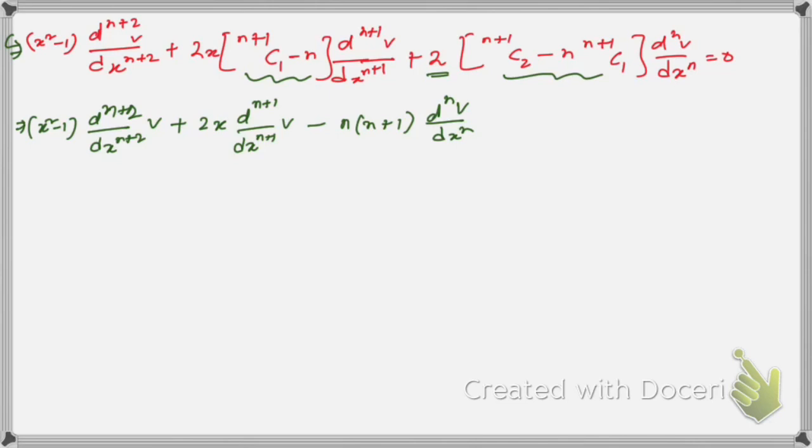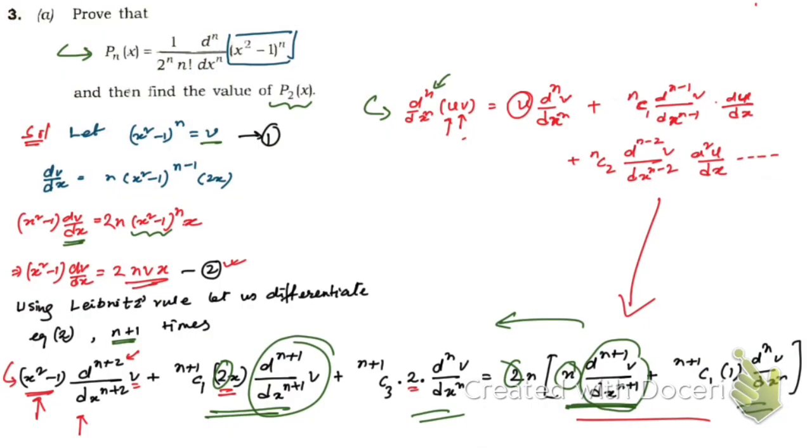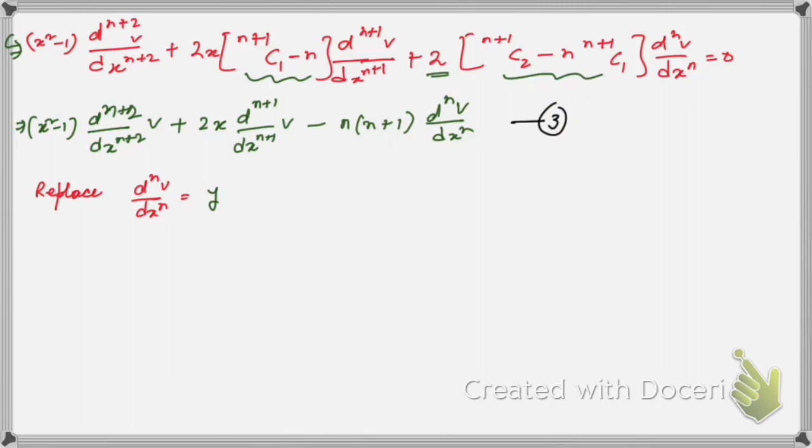Now if you replace the nth order derivative of v with respect to x by y, then this equation, let it be suppose equation number 3. So here we have given this is 1, this is 2, so this is suppose 3. So then equation number 3 implies,